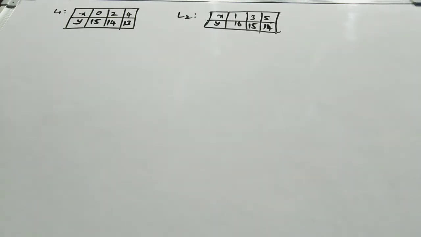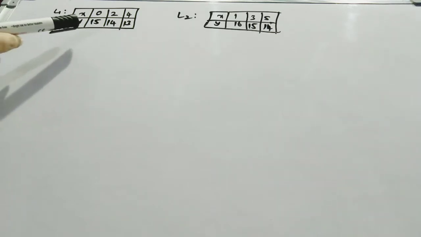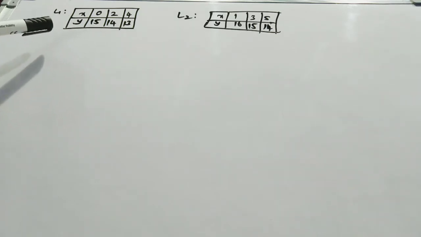The board is very small, so I have to rub out all the calculation we have done for finding L1 and L2. I have noted down the value when x is 0. I have once again written the values we got for L1 and L2, meaning linear equation 1 and linear equation 2. L1 means line 1 coordinates, L2 is line 2 coordinates.